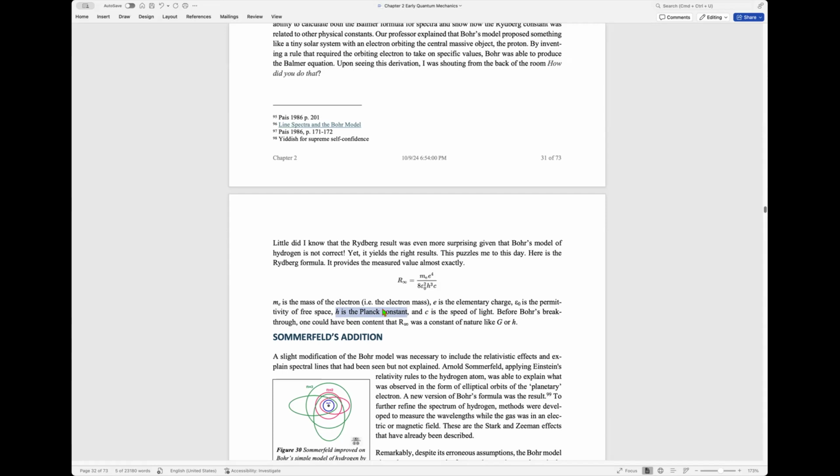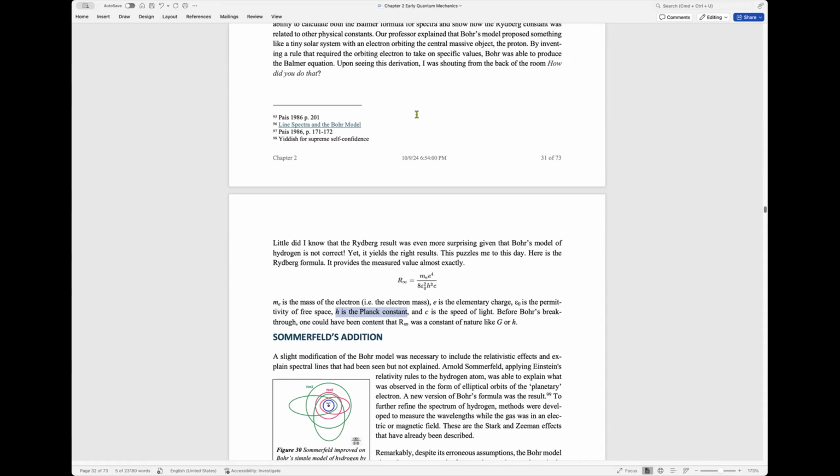So Planck not only found the formula, he figured out the numerical value needed in that one unknown parameter, now called the Planck constant, and that goes in here from Bohr's model of the Rydberg constant. And when I saw this the first time as an undergraduate physics major,